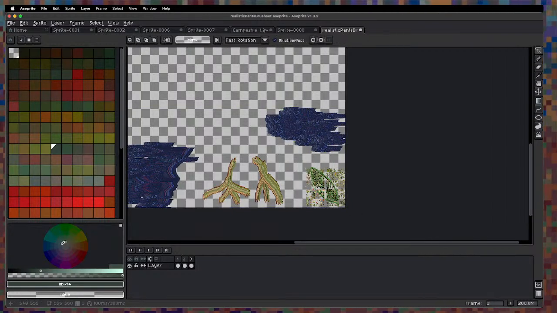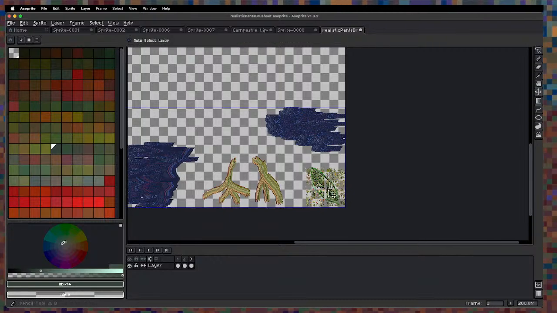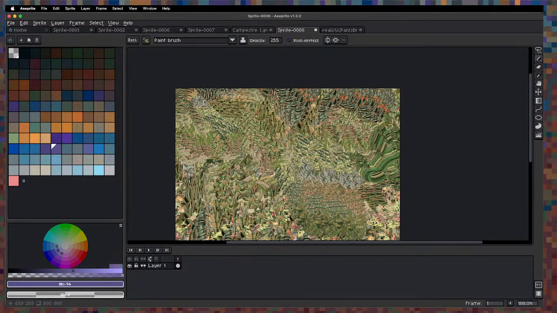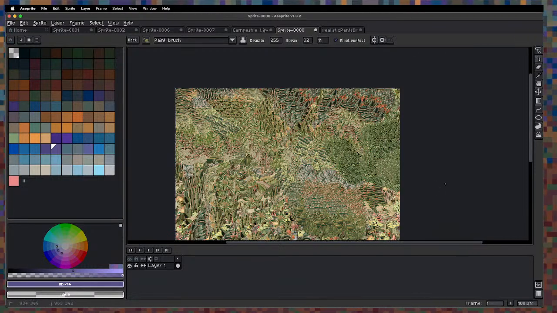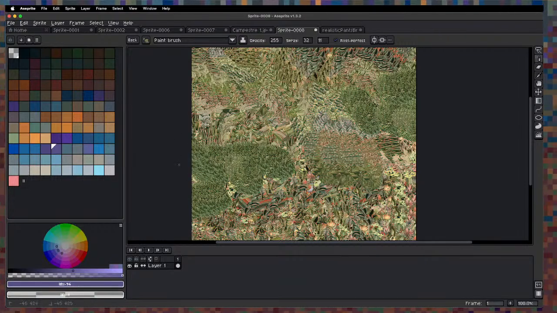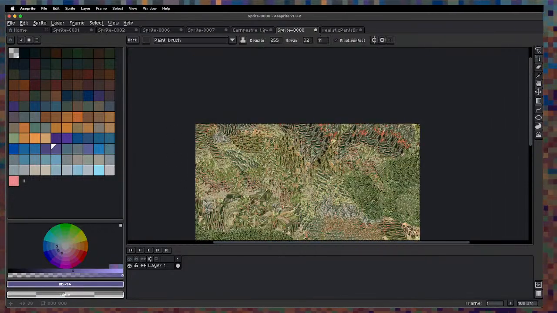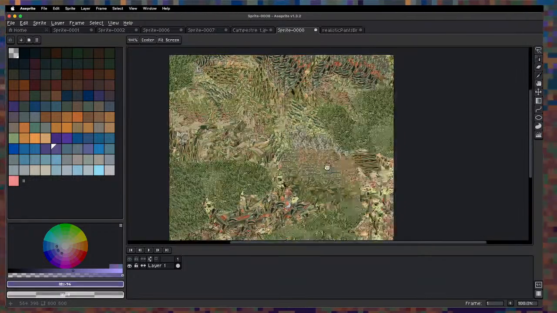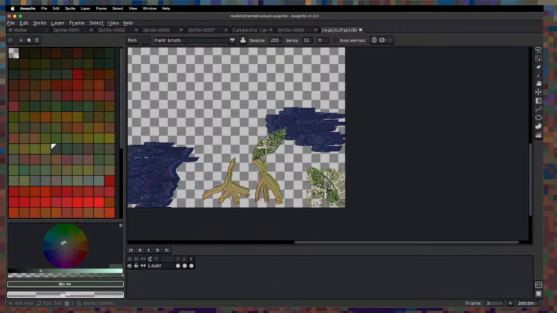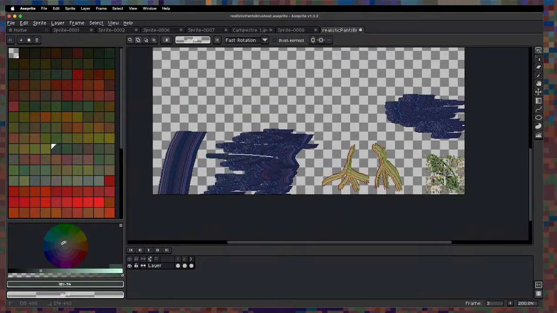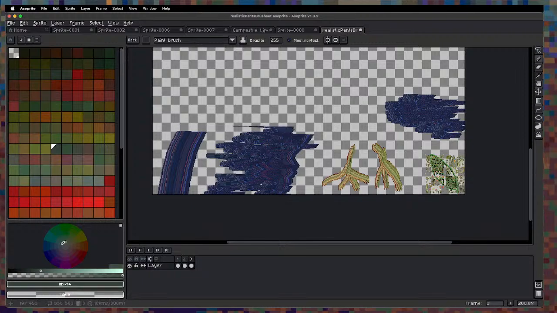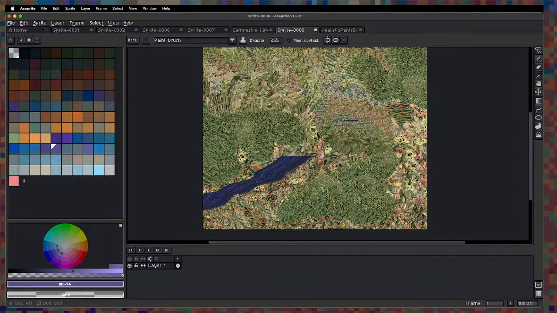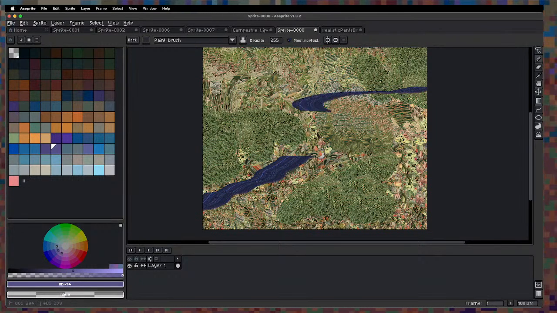Actually, let's make a leaf out of this. Okay. Now for the water. So this is the